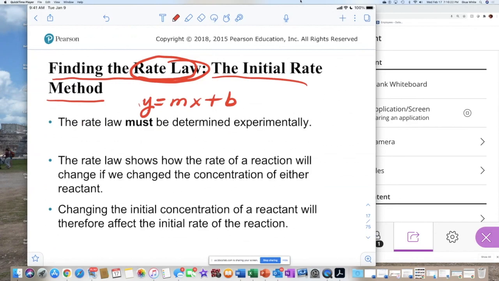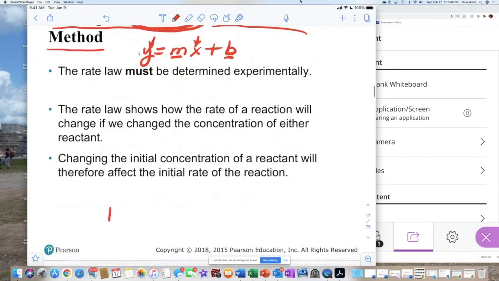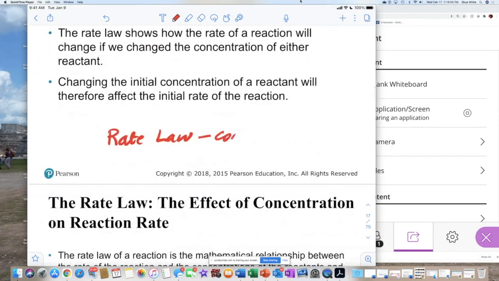When you look at the format, the way this equation is written, some parts of the equation are variables, some parts are constant. In the point slope form, the y and the x are variables, so you leave the y and the x as a symbol. Then m and b, because they're constant, you write those in there. The rate law is technically an equation, and it's an equation that communicates something. The rate law communicates